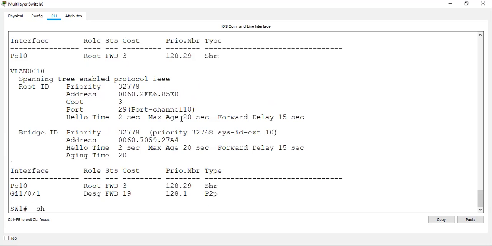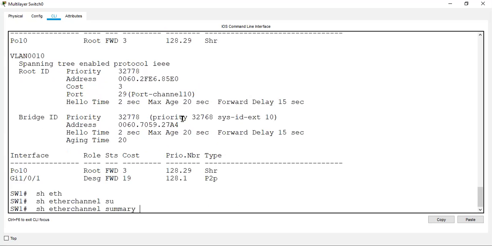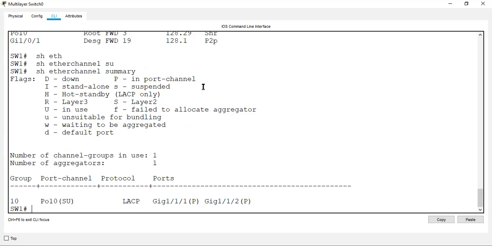Now let's run the command show etherchannel summary. In the EtherChannel summary, you can see the group number, we created port channel 10, and you can see SU, capital S and U. The capital S means layer 2, so we configured a layer 2 EtherChannel.